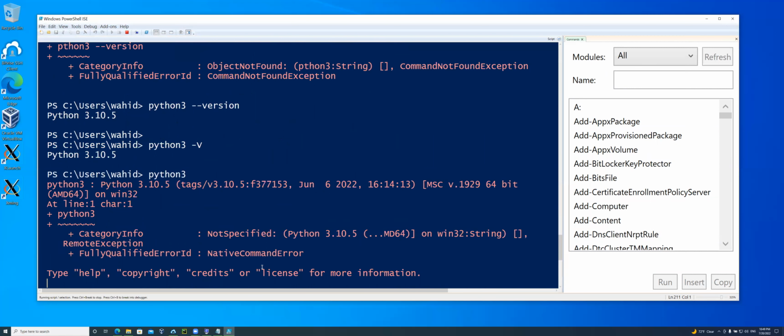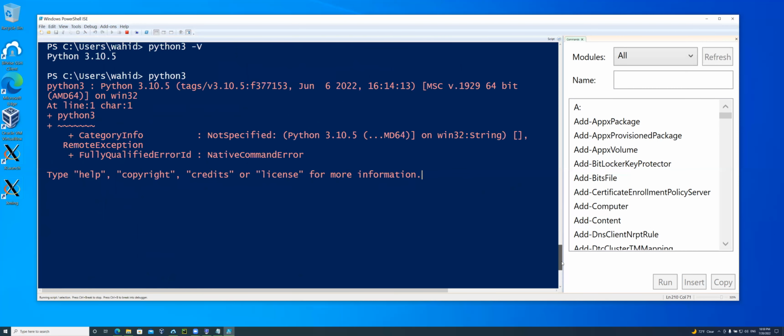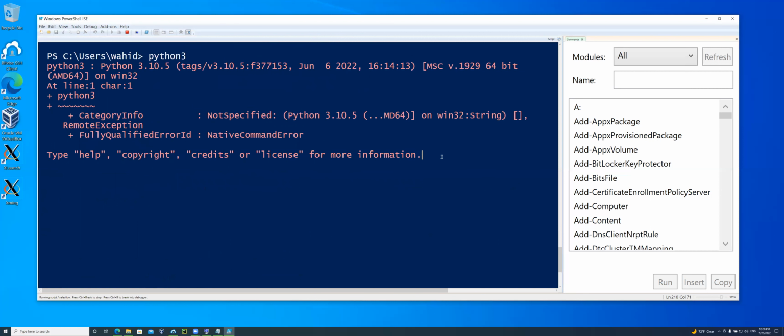It says that you can get information like license or credits. But at the same time, if I don't type in anything here, let's see if it prompts me to the actual Python. It is just sitting there. Let me see if this prompt, yeah, this display is not clean enough. So I'm going to Control+C out of this, and then I'm going to say